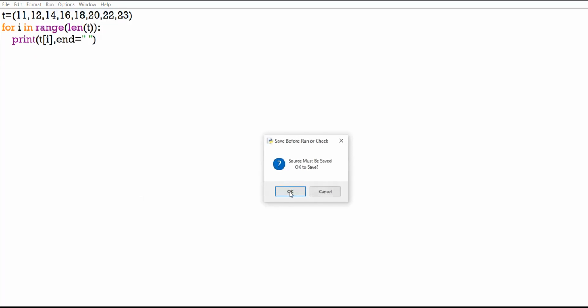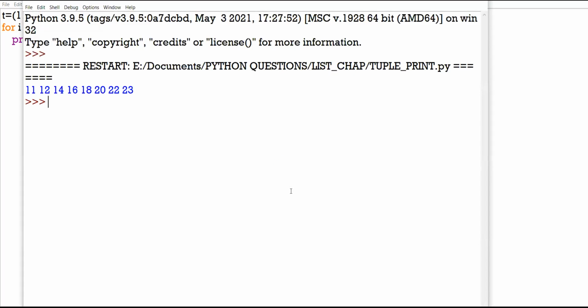Okay. Check it. The simplest program to print the elements of a tuple. Right? Am I clear? 11th class concept is totally clear. All right, beta.